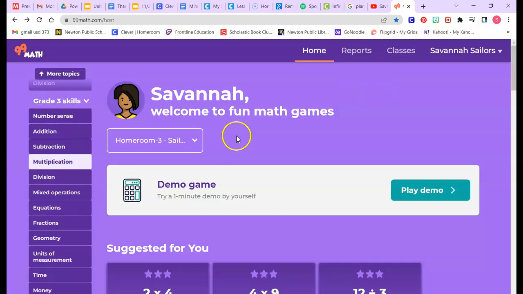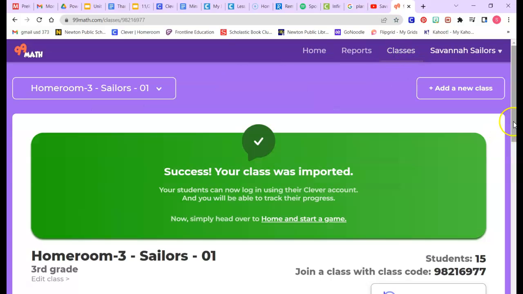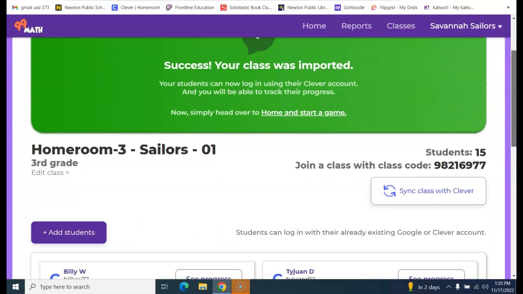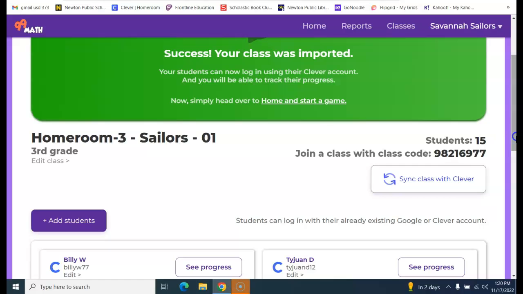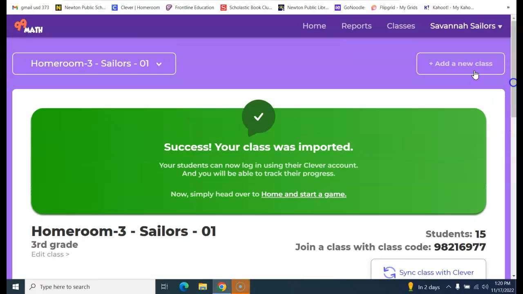And then after you've seen the skills, you can sync your class. It's very easy. I just synced my class with Clever. Students can either log in through Clever, or if your school doesn't have Clever, you can do Google. And then after the students play,